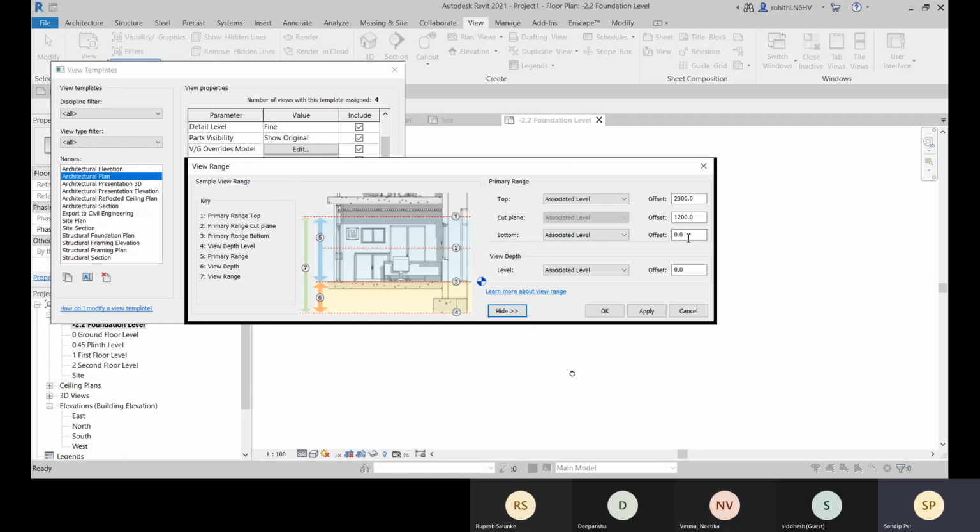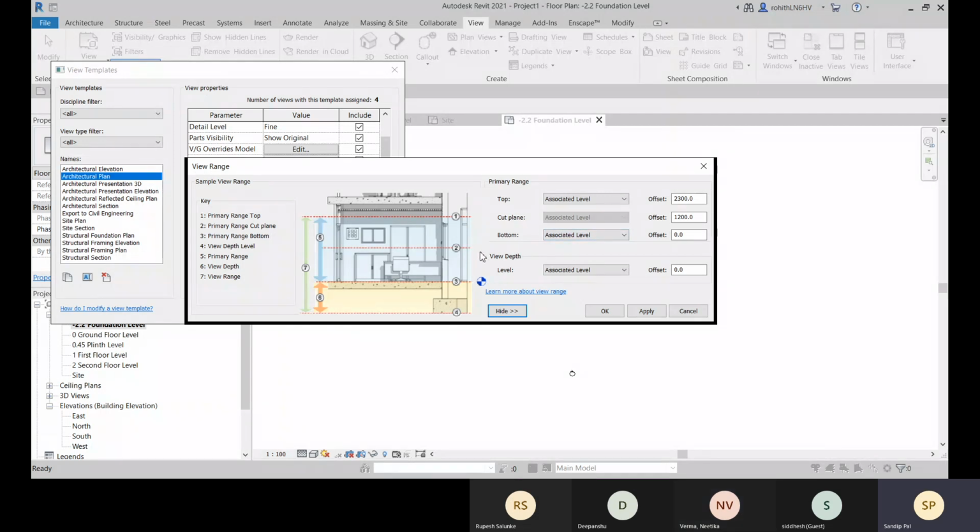And there, if you need any height, you can put an offset. So that is the cut plane placed at 1200 height. Okay, so the cut plane is set at the 1200 height from that associated level, that is the current level.